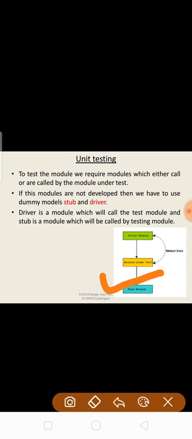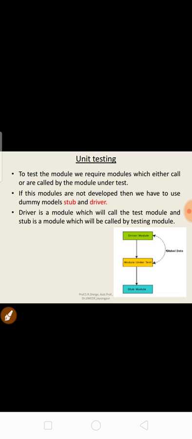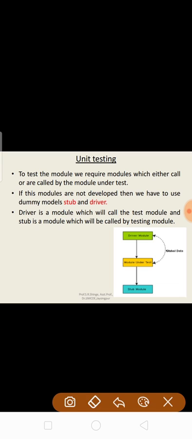Why are we using this stub and driver? Because to test our module we require two modules, a module which will call our module and a module which will be called by our module. But if these modules are not developed during testing, at that time we develop the dummy modules, that is stub and driver.